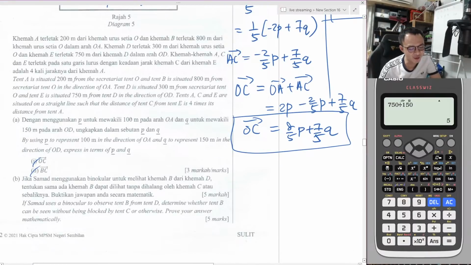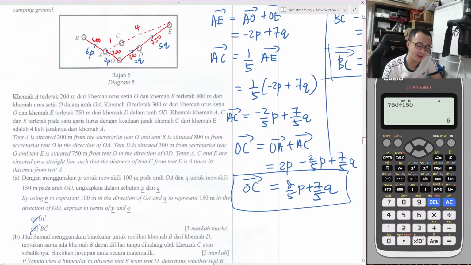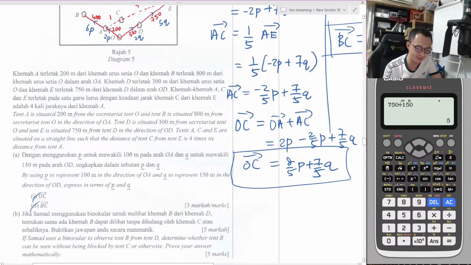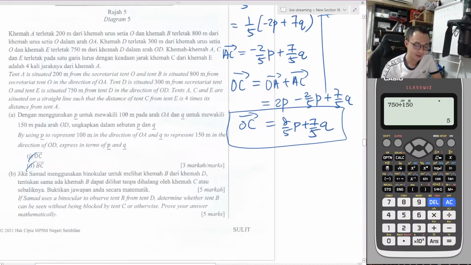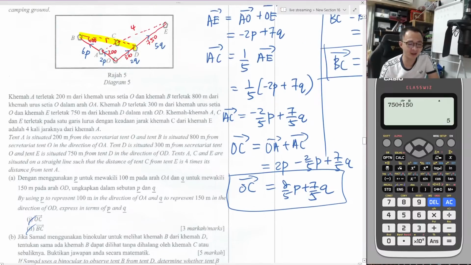Okay, is someone using binoculars to observe the den B from D? Okay, want to observe B from D. So from D here, you want to look to the B. Yeah, you are actually looking to here. So can be seen without being blocked by the 10C or otherwise. Prove your answer mathematically. So over here, what they want is